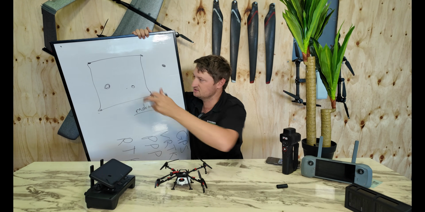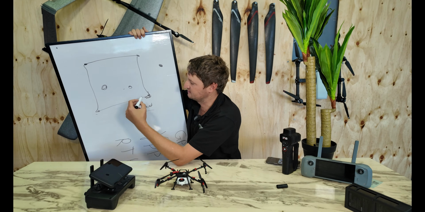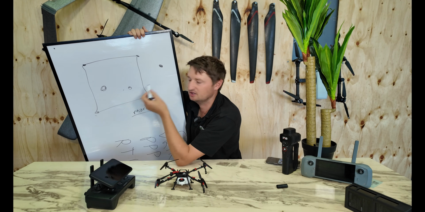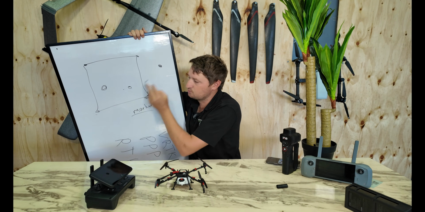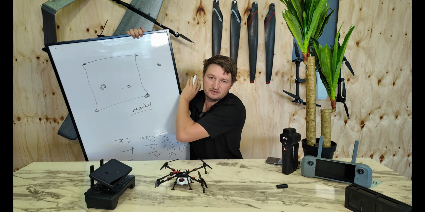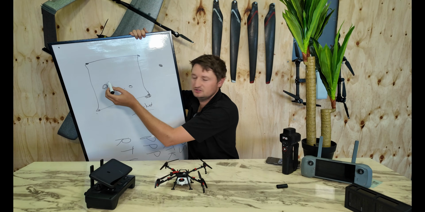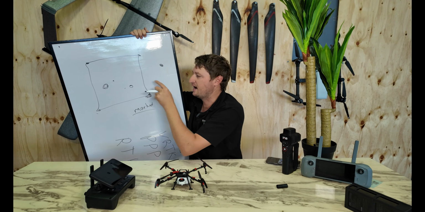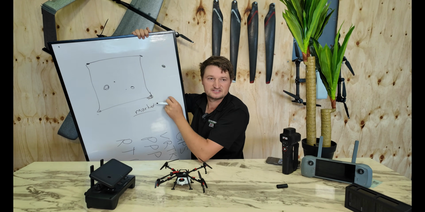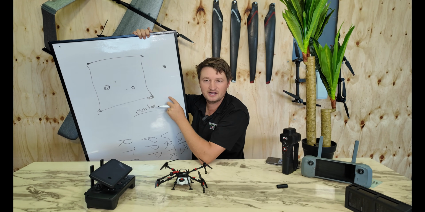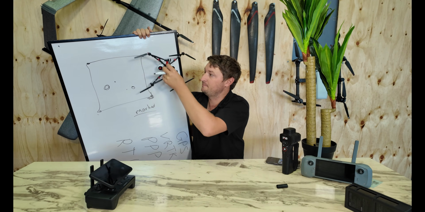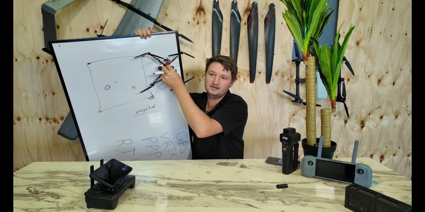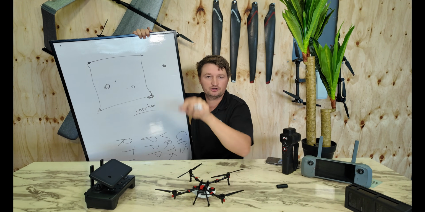Or say for instance, it's a pivot block that doesn't have a nice corner or something like that. Well, there's the marker option. So the marker is where you can put anywhere. You can put it outside the field, you can put it at, say, a center pivot, in the center of the pivot. You can put it at a stump or a fence or a marker or something you've put outside the field. Well, you can just fly your drone to that marker, hover over the top of that marker, and then press that correct